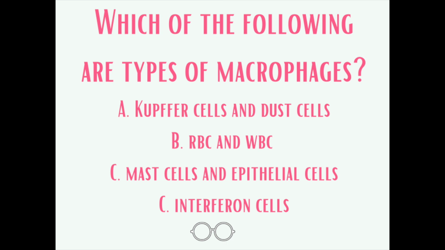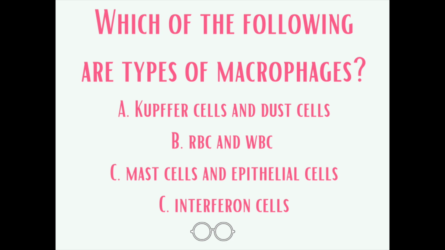Kupffer cells and dust cells. So macrophages means big eater, and they're actually large white blood cells. Some of these macrophages are fixed in specific tissue, and those macrophages are given specific names. For example, Kupffer cells are found in the lining of the liver, and dust cells are found in the lining